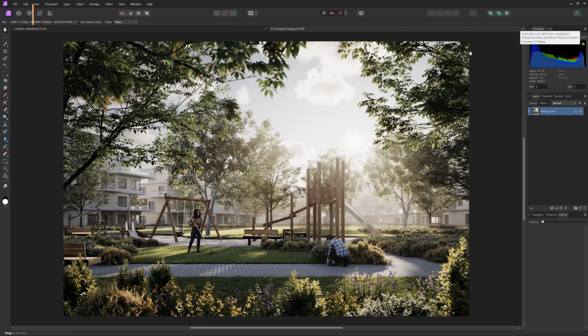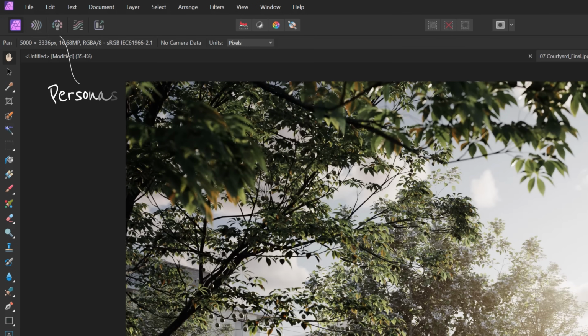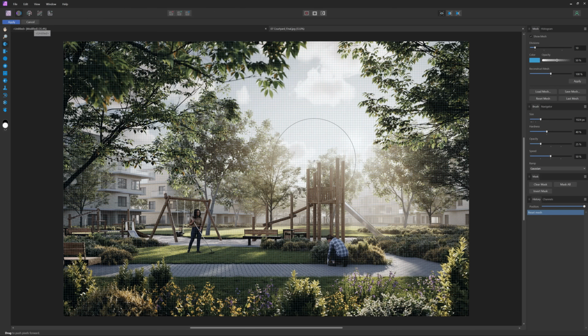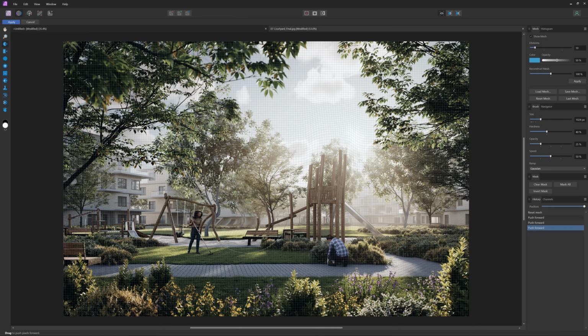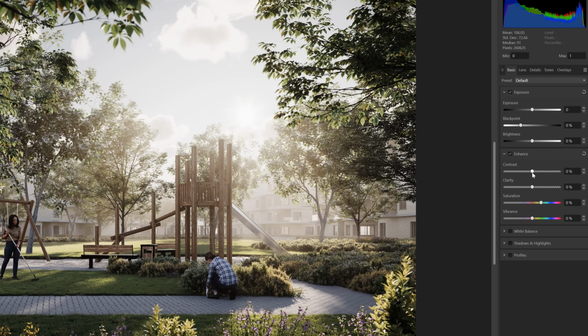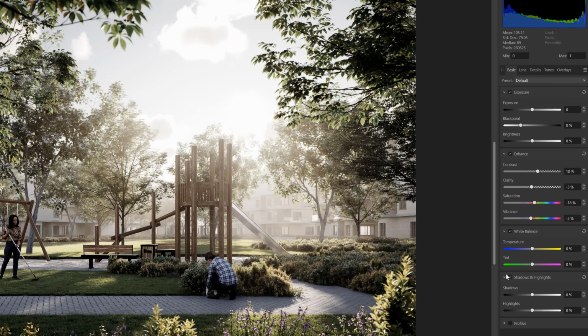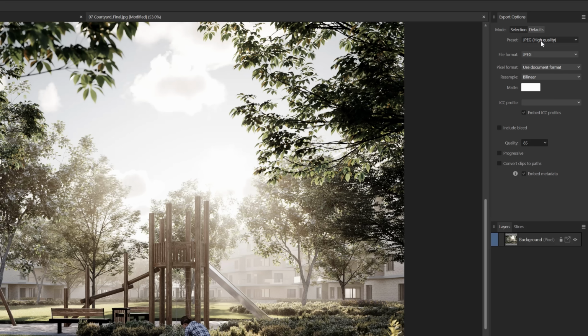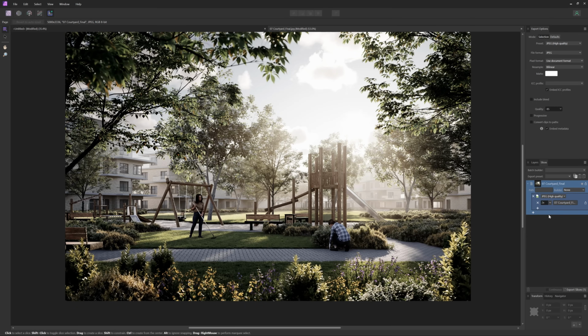However, the biggest difference is here. We have a couple of tabs called personas. These are dedicated spaces for doing specific tasks. The default one, called Photo Persona, is for photo editing. The Liquify Persona is an environment for distortion of image areas, dedicated to retouching and special warping effects. The Develop Persona is for the in-app development of raw images, giving you control of image color and tone. The next one is an environment dedicated to tone mapping images. In the Export Persona, you can output your image, layer, or slice to various image formats.